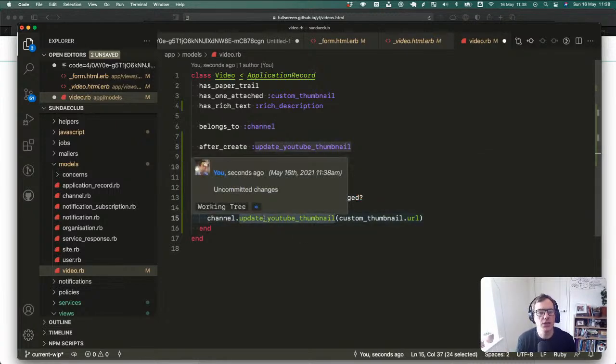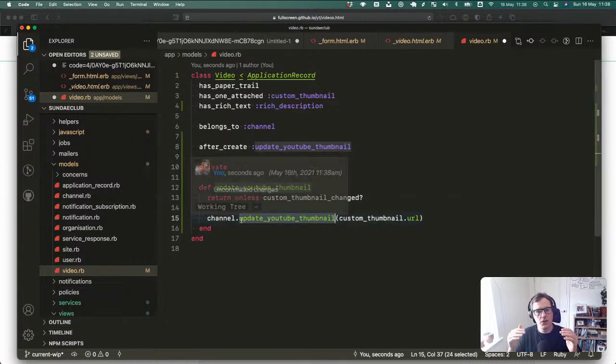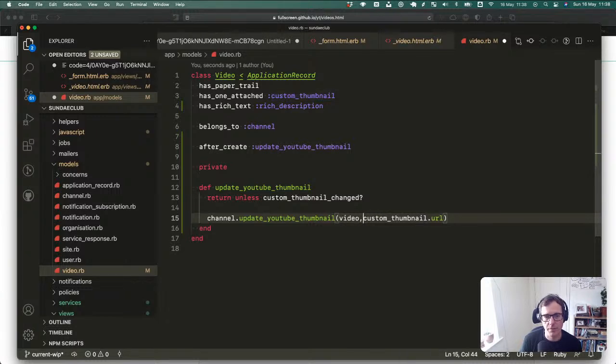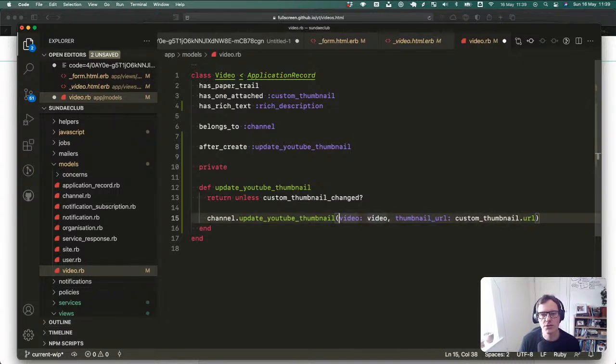Come on, Max, articulate this. You need this to be called wherever you're keeping the OAuth information to allow that to happen, because the individual video won't have the key to update that. It might be on the channel level that's happening, so you might pass that a video and the thumbnail URL or something like that. I'm hoping I articulate any of that correctly. I was just kind of thinking that through quickly, because you're going to need to say which video am I updating the thumbnail URL for.